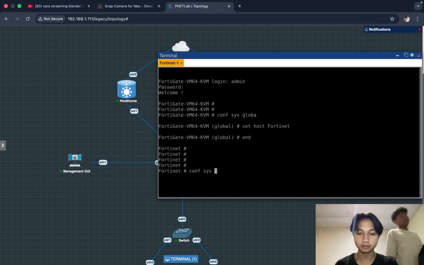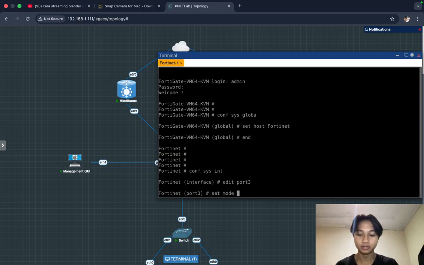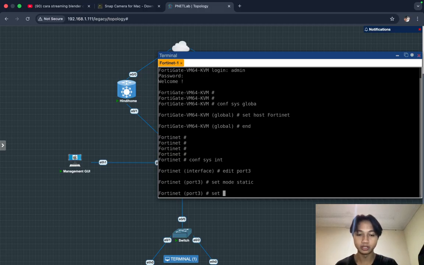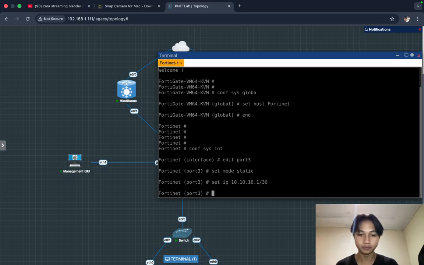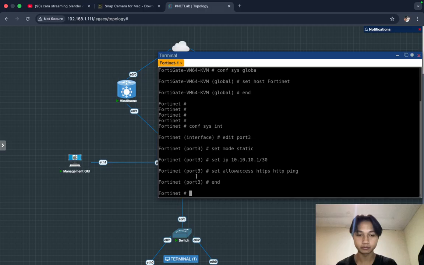Config system interface, edit port 3, and then set static, then set the IP /30, then set allow access for HTTPS, and then HTTP, and then ping, enter, and end.